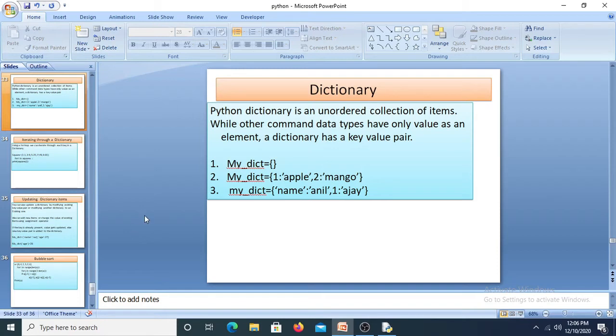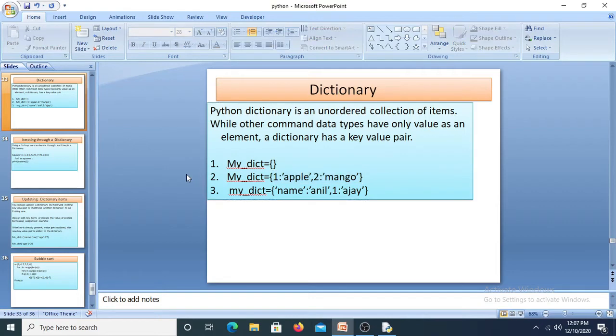Say for example, here I have created my dictionary. You can also create an empty dictionary so that the user can enter the values, which we'll see in the next programs. So in my dictionary, 1 is apple. Here 1 is going to be your key and apple is going to be your value, right? So whenever I call 1, it should display apple. And 2 is mango. So 2 is going to be your key and mango is going to be your value. Like this you can create a number of key value pairs within the dictionary, and this complete line is going to be called one dictionary.